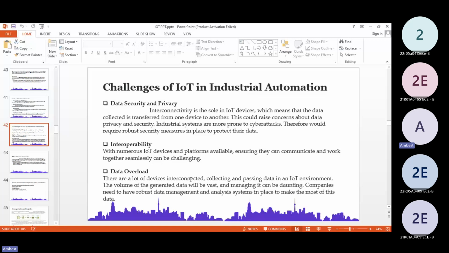So the volume of generated data can be overwhelming and hard to manage. These companies have to have robust data management and analysis systems in place to make the most of the data.